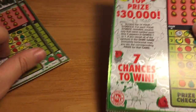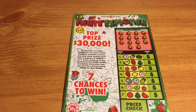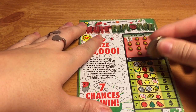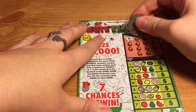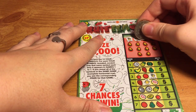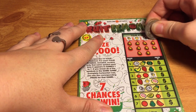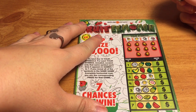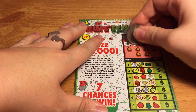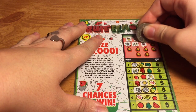So let's go ahead and get started with ticket number 63. Put this out of the way. Alright. The first symbol is peach. We have a lemon, a plum, a strawberry, blueberries, cantaloupe, an apple,